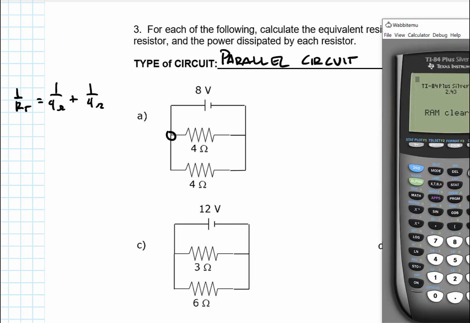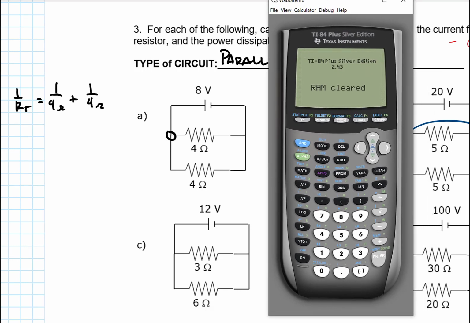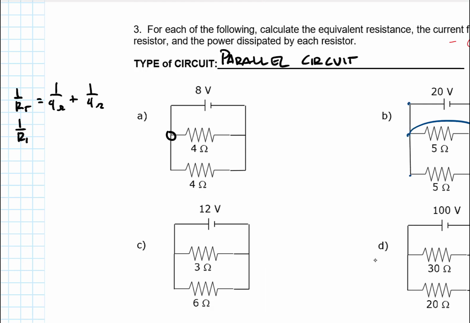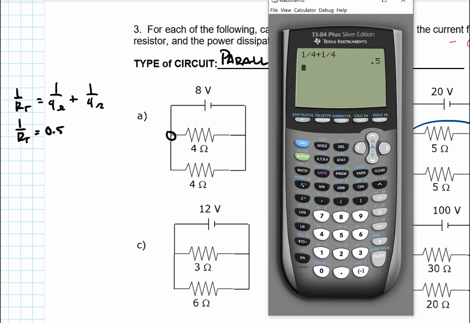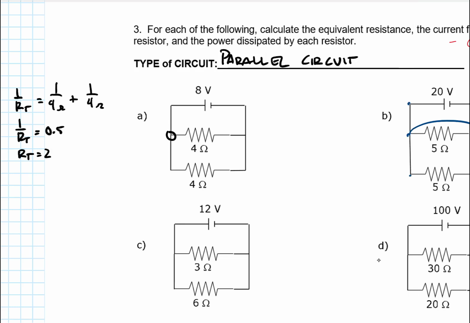And so if we pop up the calculator for that, okay, so 1 divided by 4 plus 1 divided by 4 is equal to 0.5. That means 1 over R total is equal to 0.5. And so I have to take the inverse of that to get R total. So R total is 2 ohms. We know that now. Now if we look at these individual resistors, I know that the total voltage is 8 volts. So that means I've got 8 volts on this 4 ohm resistor and 8 volts on that 4 ohm